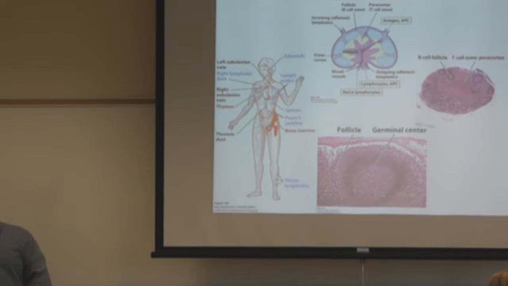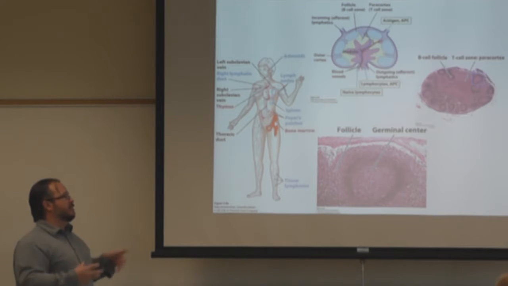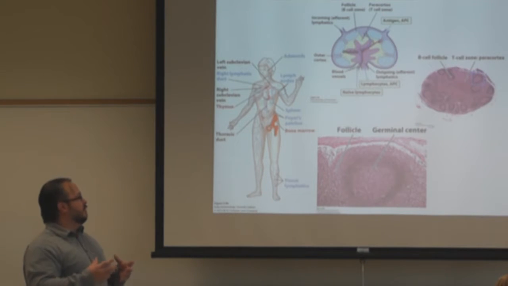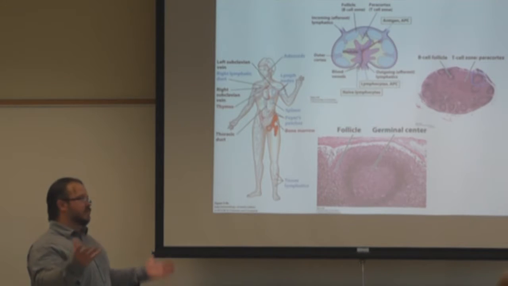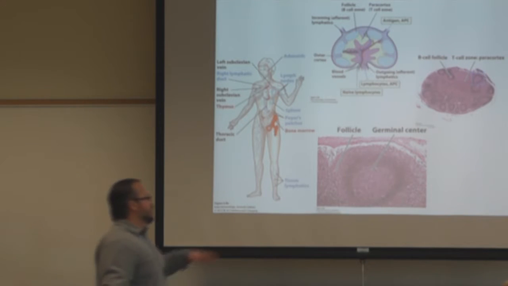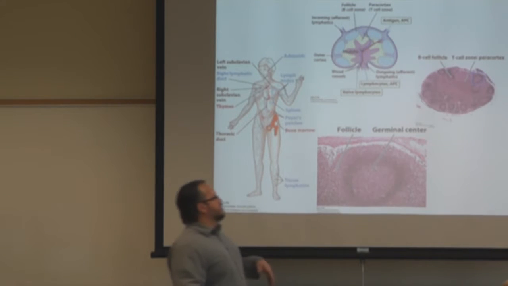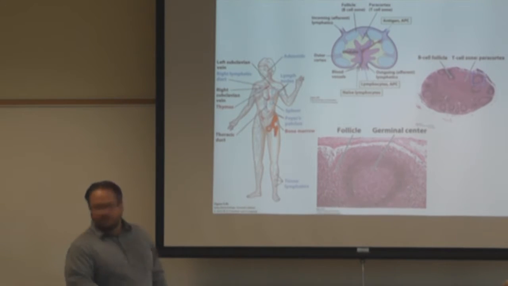Inside that germinal center are B cells that have been stimulated and are dividing. So a secondary germinal center would be one that's active with B cells dividing in it. And a primary germinal center would be one that is, for example,